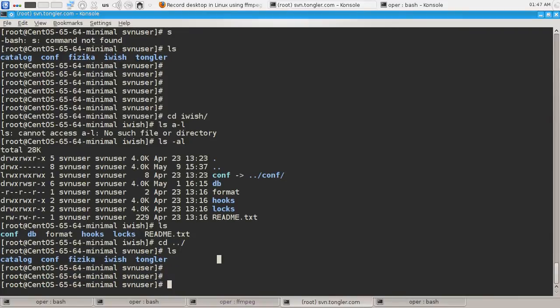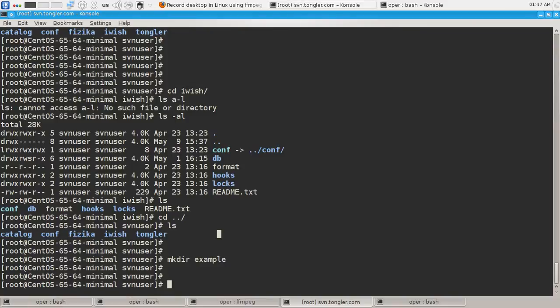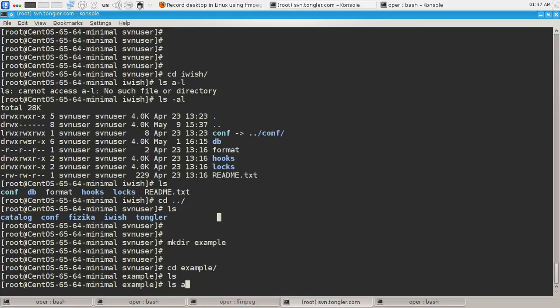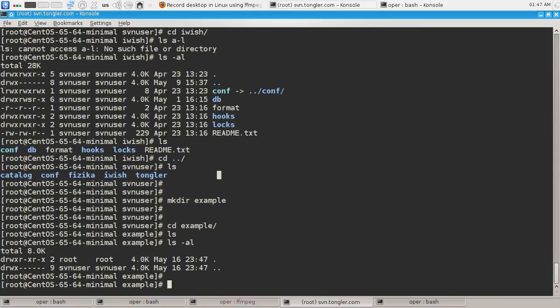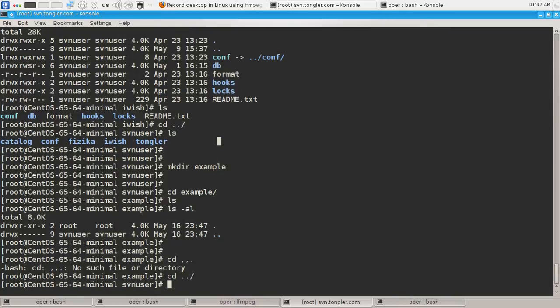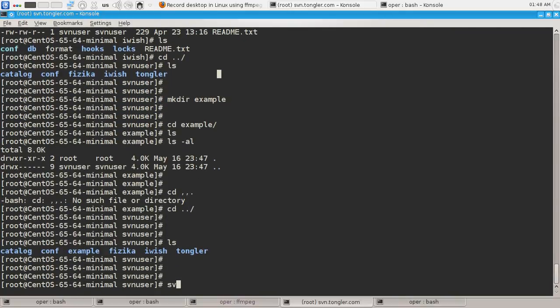Let's create another one. Firstly, you should create a directory, but for now SVN doesn't know that this is going to be a repository. Actually, it isn't. There is nothing here, as you can see. To make this a repository directory, we should do SVN